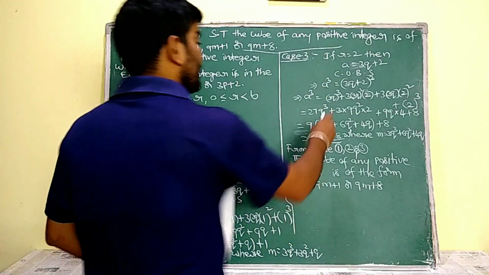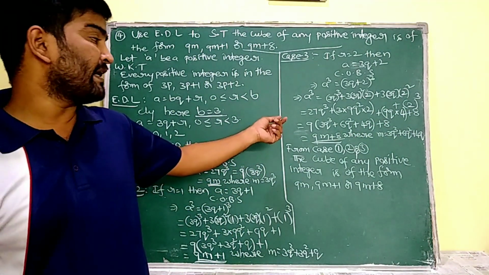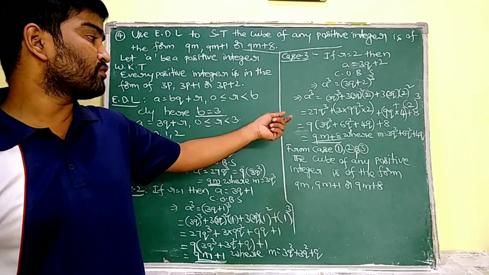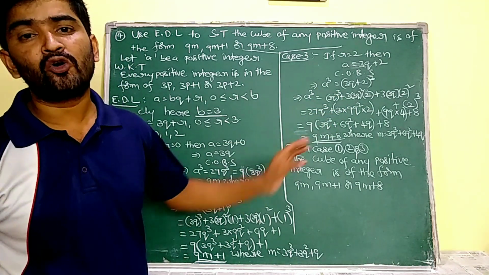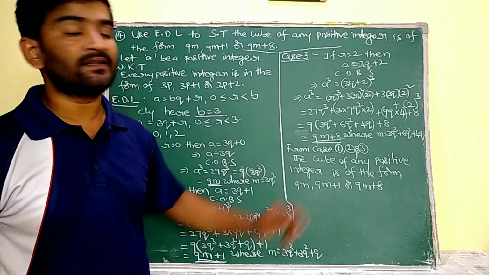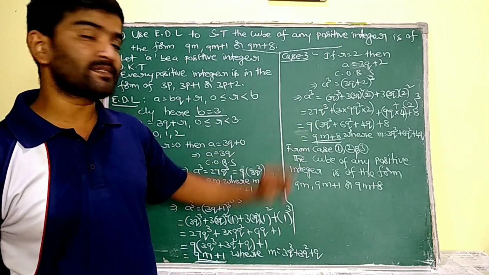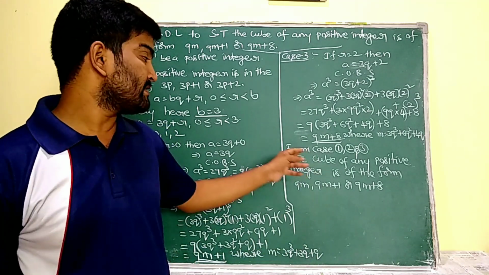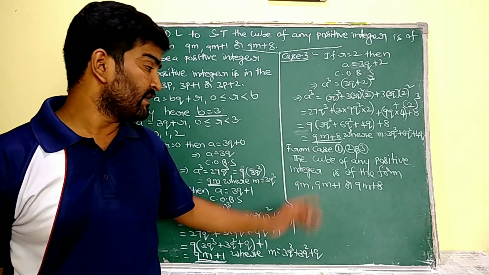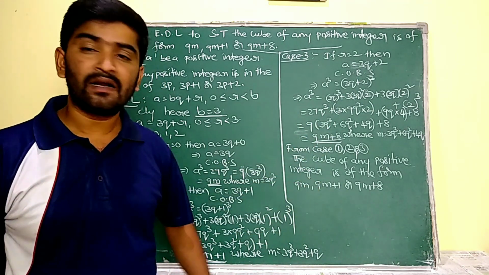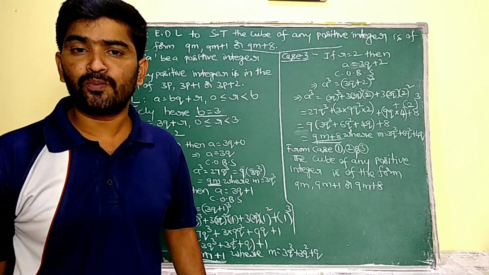Okay, now see, by taking out common values from the first 3 terms, the 9 is common, we are going to consider 9 into 3q cube plus 6q square plus 4q, whole, plus 8. I am going to consider that parenthesis value, 3q cube plus 6q square plus 4q, as m. Then it is expressed as 9m plus 8. So from case 1, 2 and 3, the cube of any positive integer is in the form of 9m, 9m plus 1 or 9m plus 8. Understand? That's a very very important problem. I hope you understand everyone.